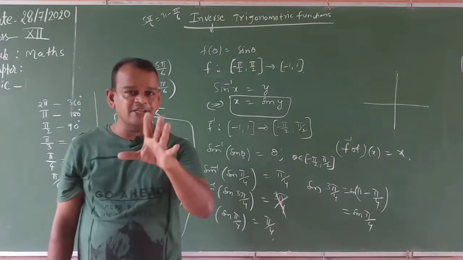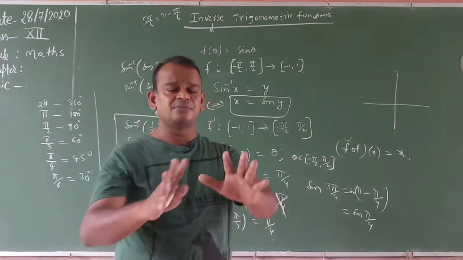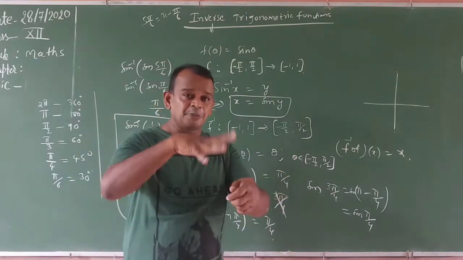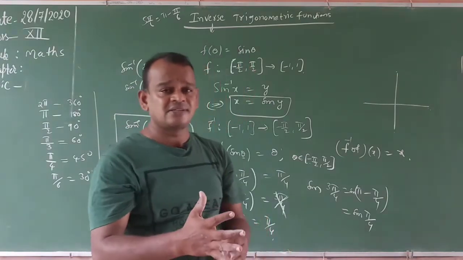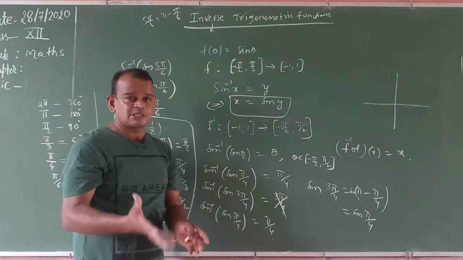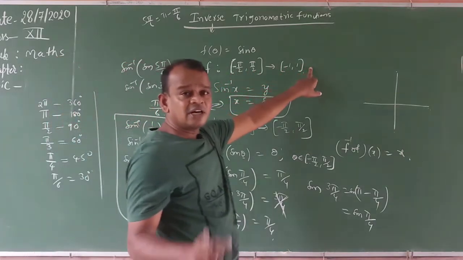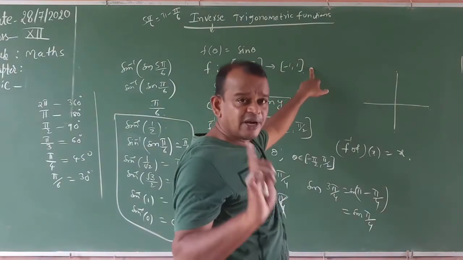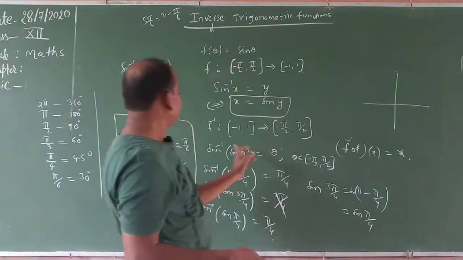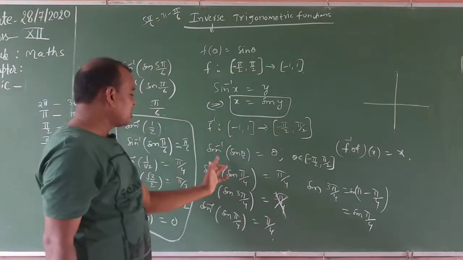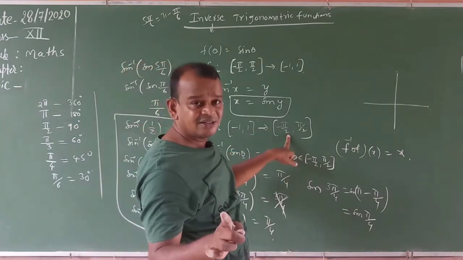Whenever a function is bijective it is invertible. All the trigonometric functions are not bijective over their whole domains, but we restrict them to some intervals in which the functions are compulsorily bijective. For suppose the sin function, on minus pi by 2 comma pi by 2 to minus 1 comma 1, is 100% a bijective function. Whenever the function is bijective, 100% it is invertible, meaning the inverse exists. For sin inverse x, our domain is minus 1 comma 1 and range is minus pi by 2 comma pi by 2. Understood or not? Yes.